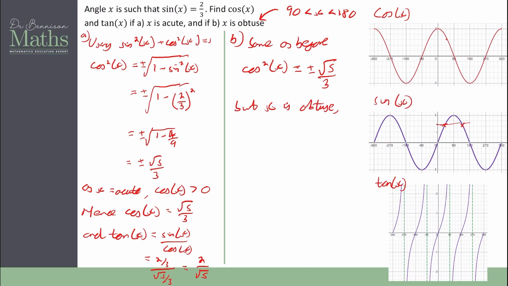And in this case, if you look at the graph of cosine of x, between 90 and 180, it's negative. So cos x must be negative root 5/3,